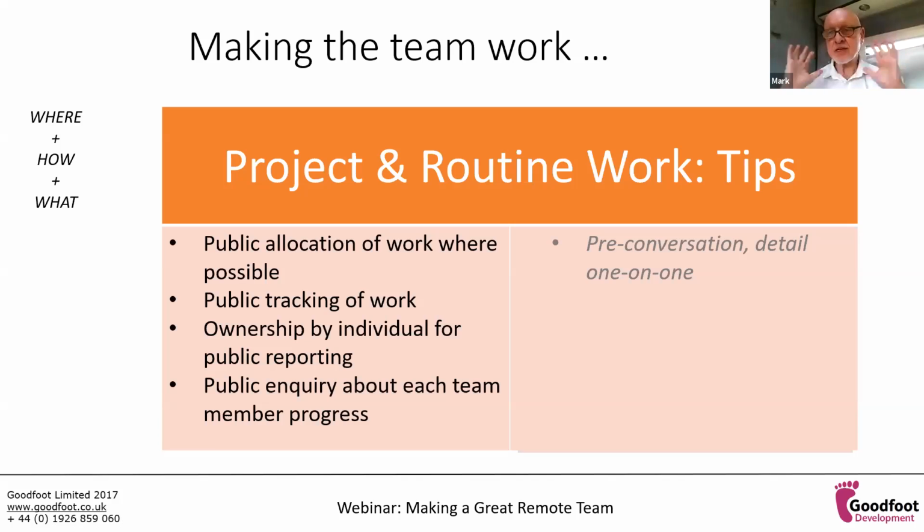This does a couple of things. Firstly, it nails the issue before the public discussion. Secondly, it cements the one-on-one relationship of the leader and the individual, because we want very close one-on-one relationships as well as group relationships. I've mentioned this before, keeping work progress visible through a dashboard or through Reiki Matrix or